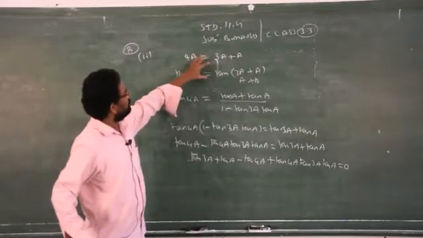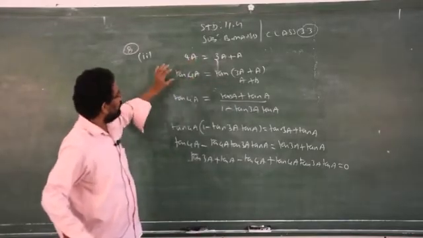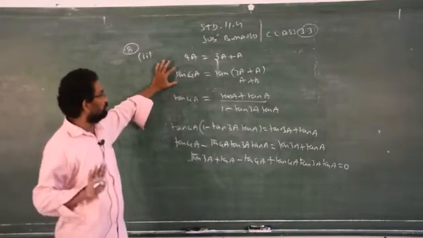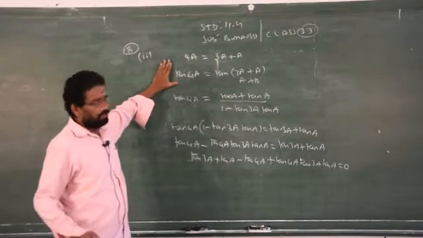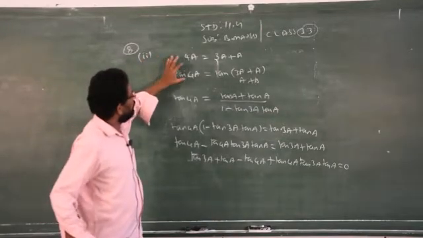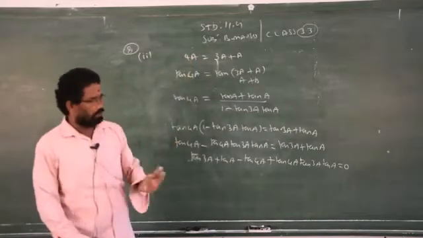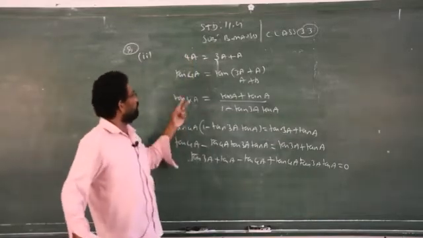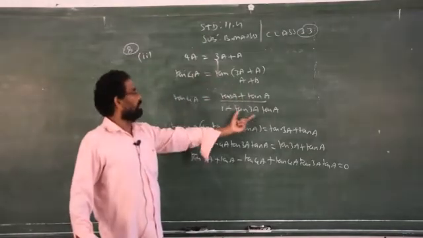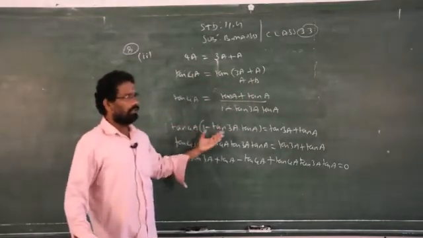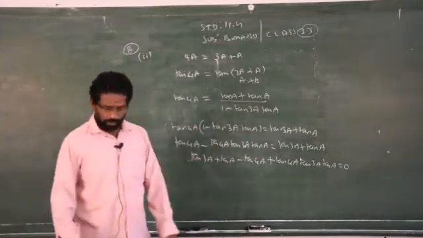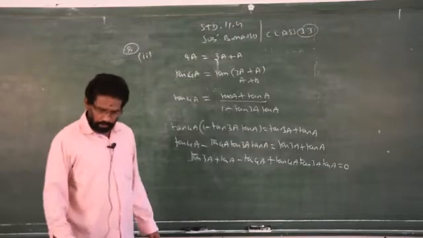Then after splitting this one, I have to take tan on both sides. Why we need to take tan on both sides? Because in the question you are asked to prove in terms of only tan. If it is given cos or sine, you must take only either sine or cos, depends upon the question. Here it is given in terms of tan, therefore I am taking tan on both sides. Then I am applying the tan a plus b formula, just doing the normal simplification like what you did in the lower classes. I got required answers. Now we will go to sum number 9.